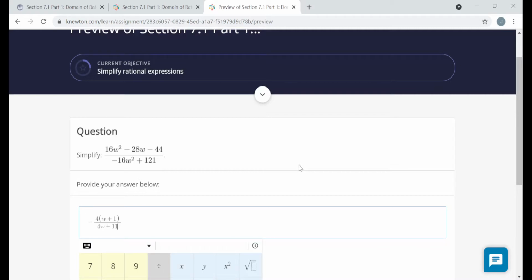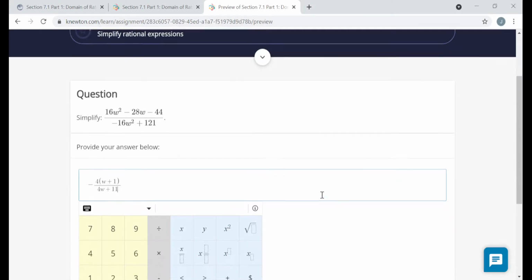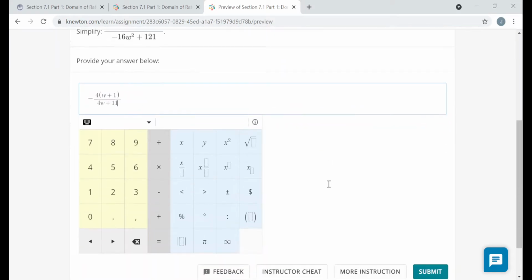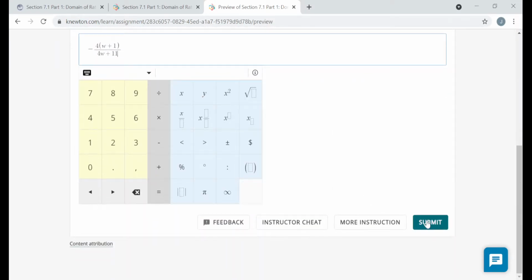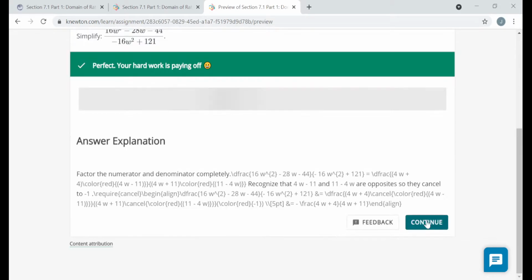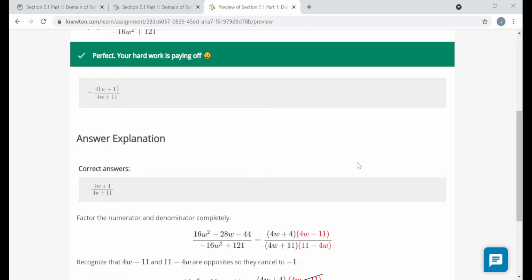Just make sure you type it in the correct letters too. I've seen people get things marked wrong because they accidentally put X instead of W, or a letter that wasn't actually in the problem. So yeah, see, they actually multiplied out, made that 4 the opposite, and then the numerator